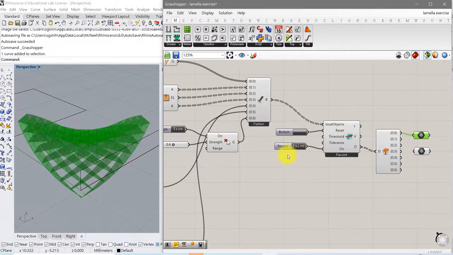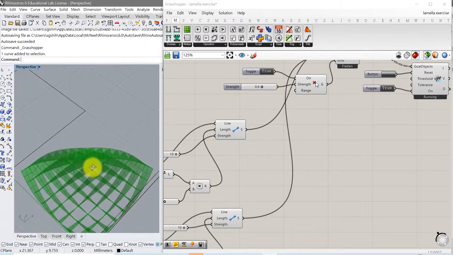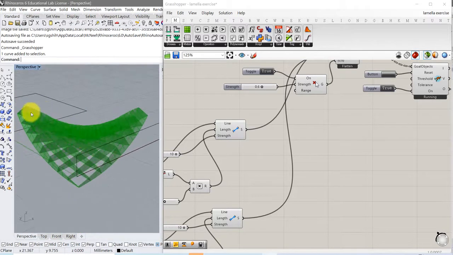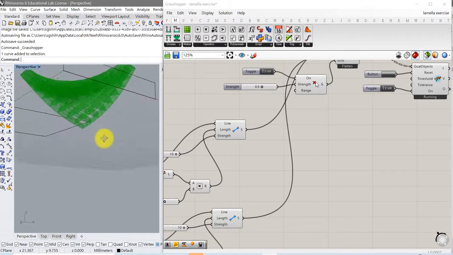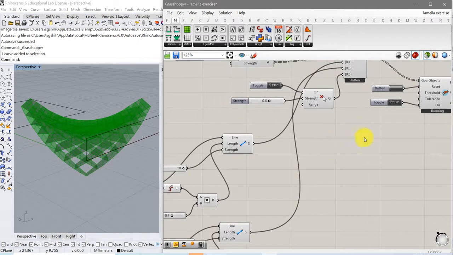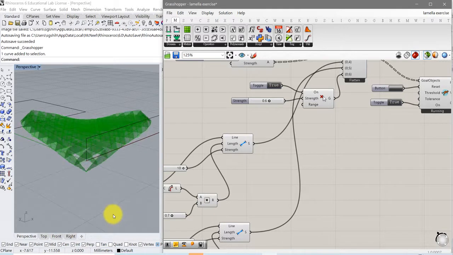If I turn on the simulation, I can add a string connecting the two corners so that I can control the distance between these two corners and the other two corners of this lamella structure. If I reinitialize it, it is a flat structure. And now I pull the two strings